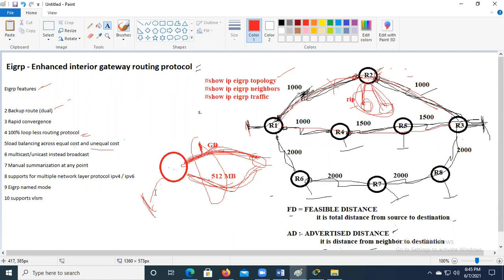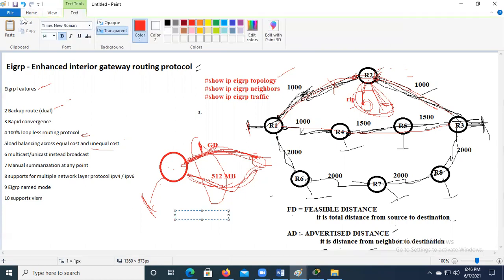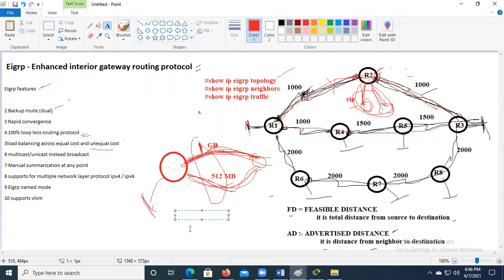For example, you want to go from Hyderabad to Bangalore. You have 2 flights, and both flights charge the same. You can use both, or you can go by any one of them. Sometimes you go by one, next time by the other, and next again. Now later again you want to go by flight, but one flight is very expensive and another is half of that cost, and you want to use both. So when you have unequal costs on your WAN bandwidth, you are going to configure a command called variance.